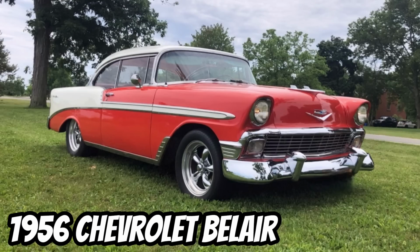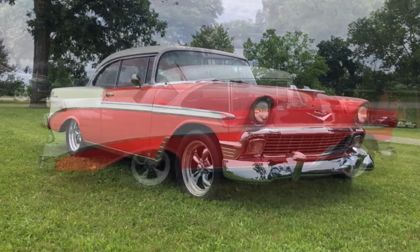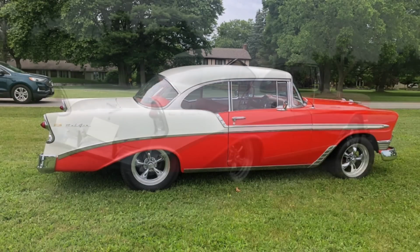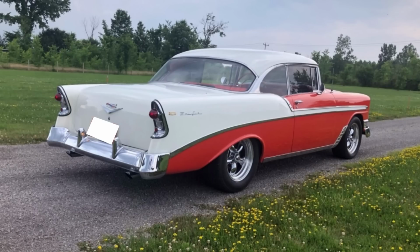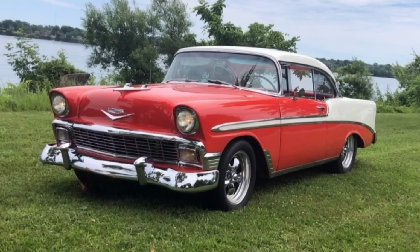Number 2. 1956 Chevrolet BelAir 2-door, priced at $14,200. A pillarless car with a 350 cu engine and a THM 350 transmission. It features an Edelbrock manifold, aluminum radiator with electric fan, front disc brake conversion, American racing wheels, power steering and